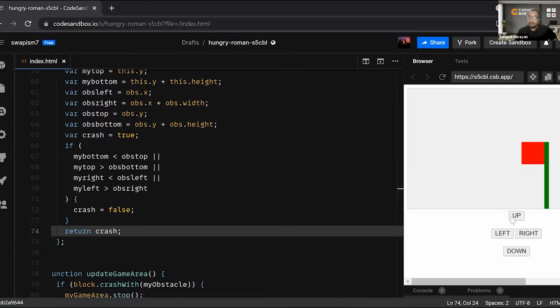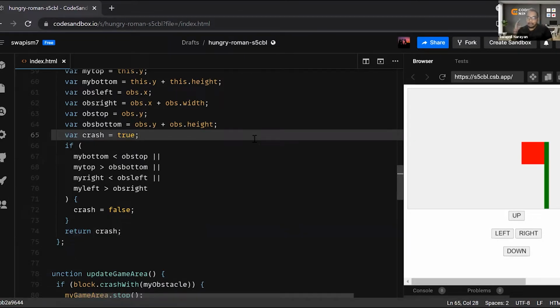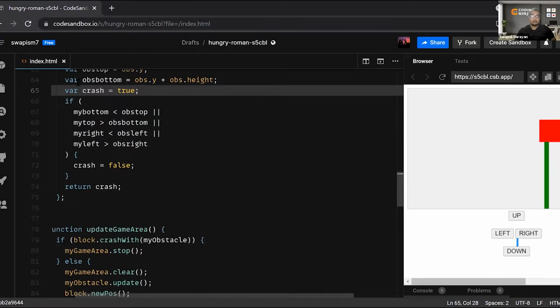It's not like once it happens I will bring it back and move it up or down. It's not right. Once it is hit, your game is over. Fine. So let's play from the start. Let's say it's going like this. Till now it didn't crash. Nothing happened, the game went fine. Let's say it is crashing like this. So it has crashed. Now you can see once it has crashed, the complete setup is stopped. Once it crashes, your whole controller will stop working. Your complete thing will stop. So that's what the condition is for.